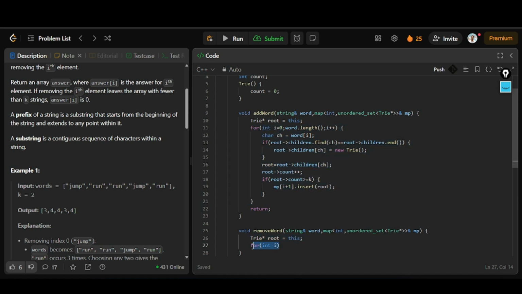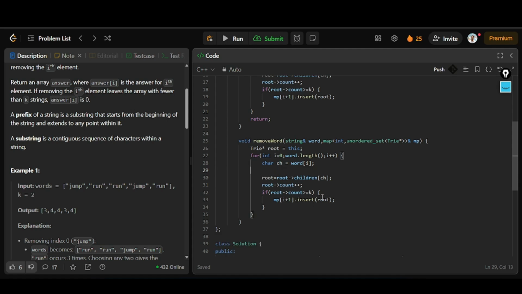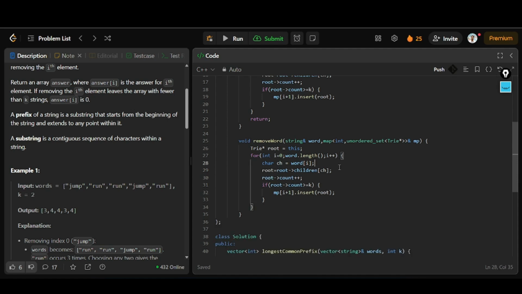So let me copy this here, but this time I'm not going to create any root child, right? I'm going to go to that children. I'll keep iterating forward. This time I'll reduce the count and I'll check if before the reduction, that was root of count plus 1, if it's equal to k, before the reduction if it was equal to k, in that case I